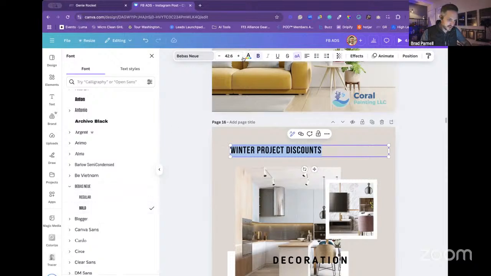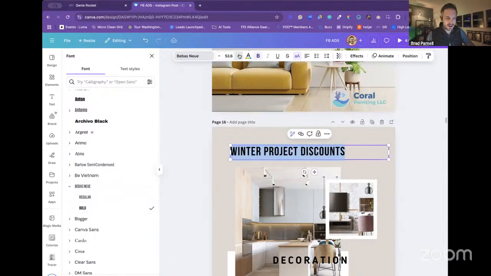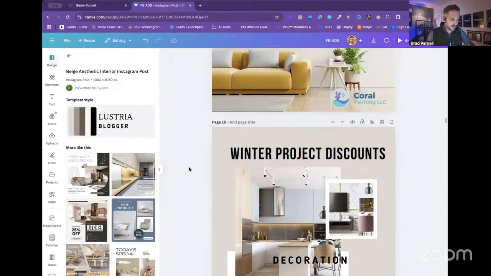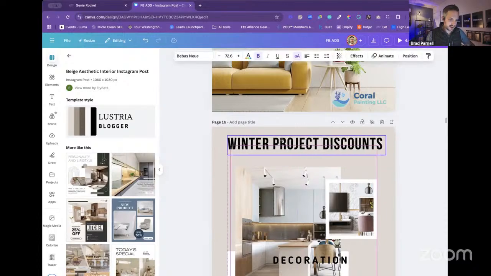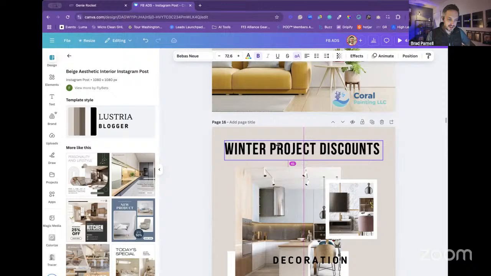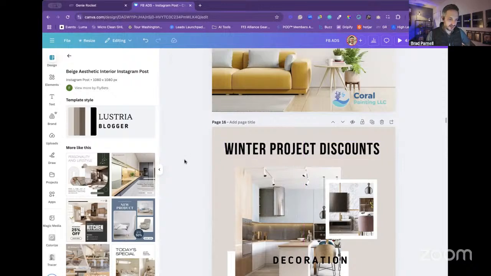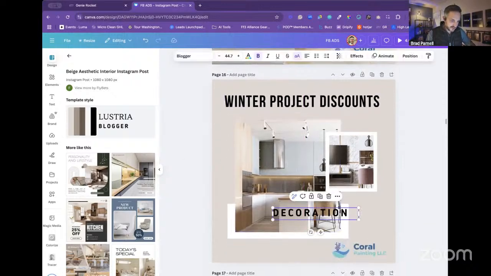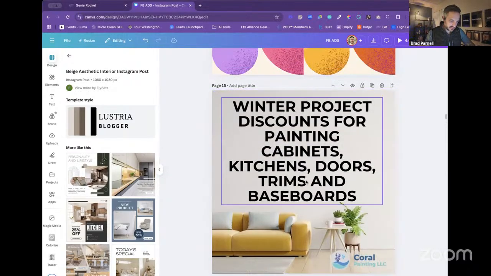And it's okay if you're not a designer. I have lots of background design experience, but guys, these are all pretty much laid out, designed really nice. So it might take you a little bit longer to modify these, but that's okay. You've got amazing templates to start with. So if I want this to be winter project discounts,